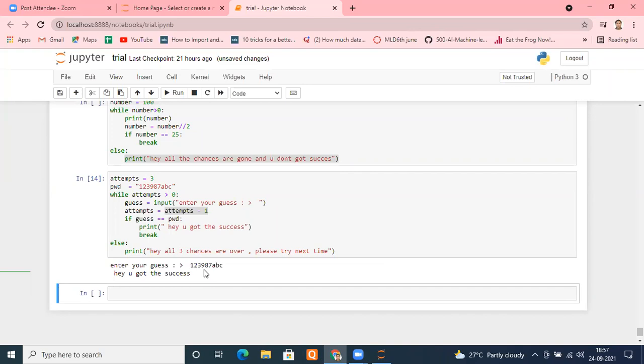So let's move further. Now the most important part, which I consider, and if you go to an interview, they will judge you by what we are going to learn: whether you have the capability to write functions or not. Remember that.